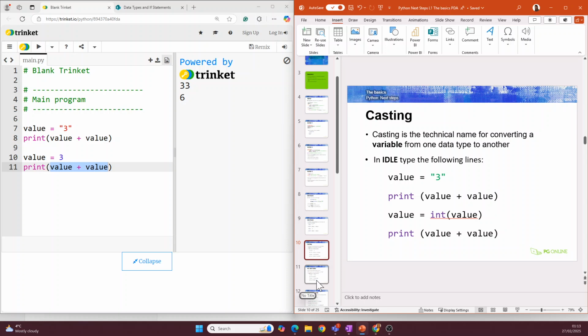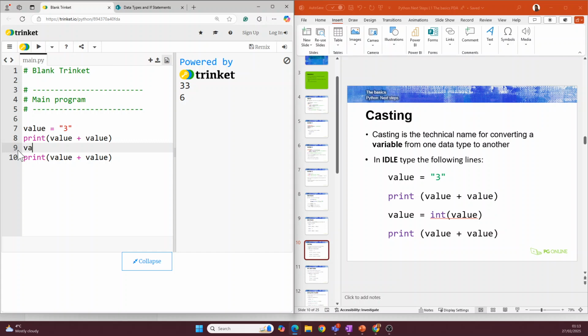Okay, casting. Casting is a technical name for converting a variable from one data type to another. So I am now going to change my code so that it says value equals int, which is referring to an integer, and I'm going to type value over here. So now when I run it,